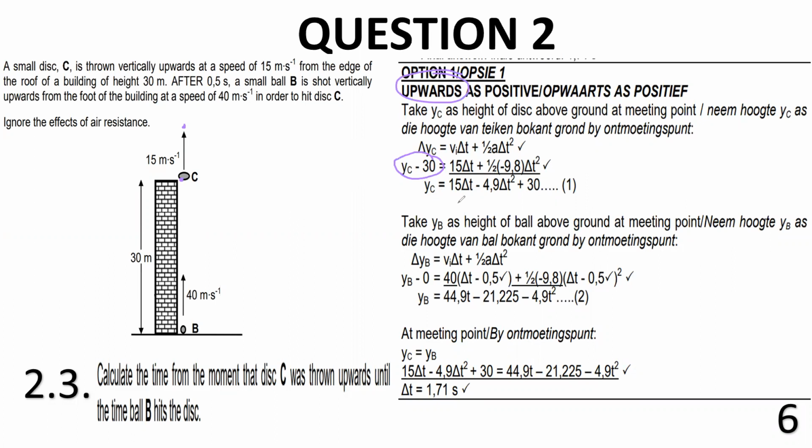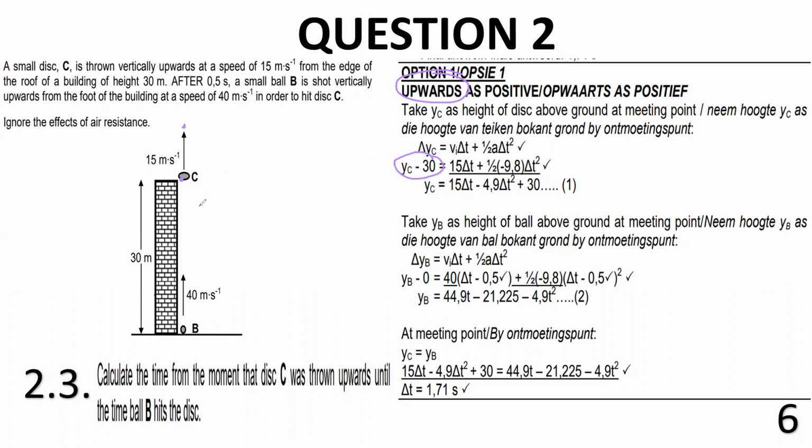And we are calculating this for C and for B. After that, you can combine these two equations, and then you can calculate. First of all, for C, what we know, delta y, the yc minus 30 is giving you the position for